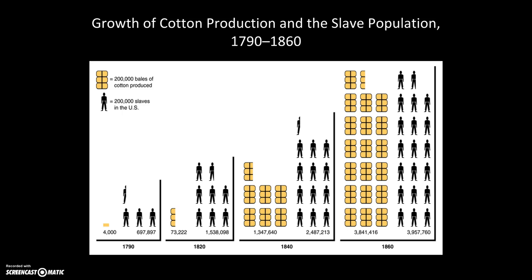So here's a nice little graphic so you can see really the effect that the cotton gin is going to have. You can see by 1860 the amount of cotton produced in the United States in just about 20 years almost triples, or close to triples, and the amount of slaves, as you can see, goes up by 1.5 million slaves as a result of this. So you can sort of see the progression that we're getting to, and the actual effects of the cotton gin.